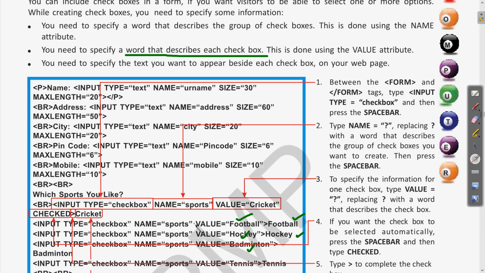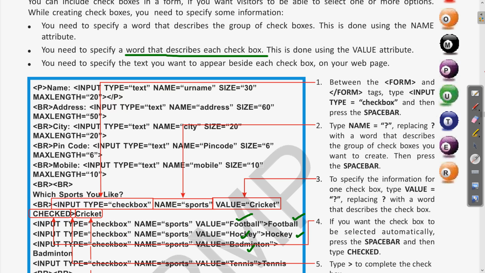Then the value is any word which describes each of these checkboxes. Then the text which we want to appear on the web page is written after this closing tag. Clear? So here you can see the input type is written, and at the end it has been closed.